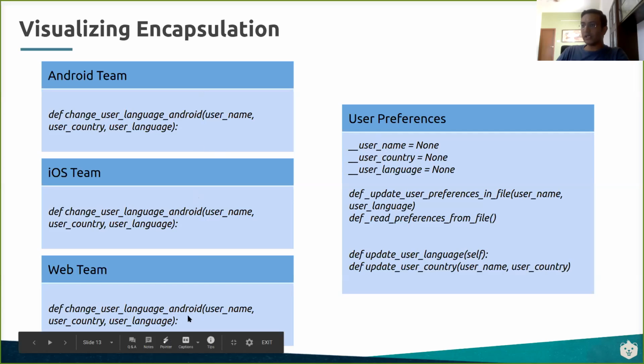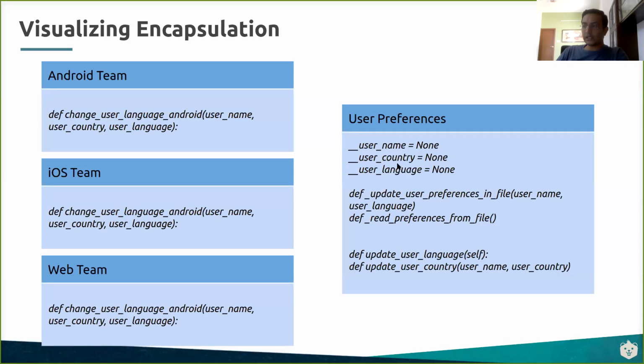Where all of these guys can just use that particular method and not worry about the other things that are inside there, right? They won't even be able to access these things, making this user preference class independent. So all of them will come in, they'll just see, okay, this is what I need to do. I will call this update language guy who will do the validation on his side, right? Because he knows best what preference will be allowed, right?